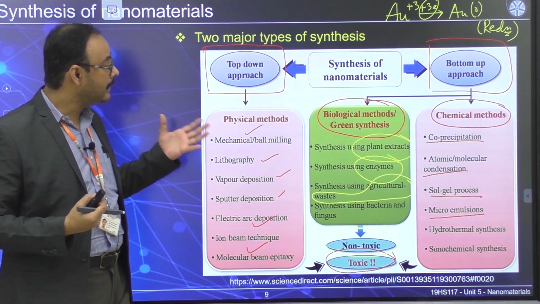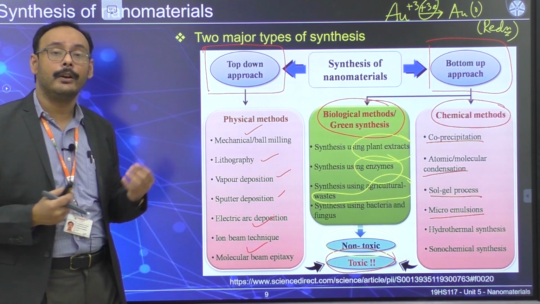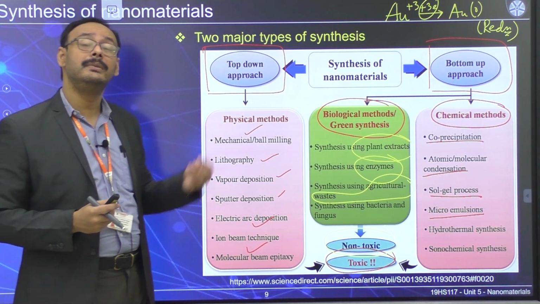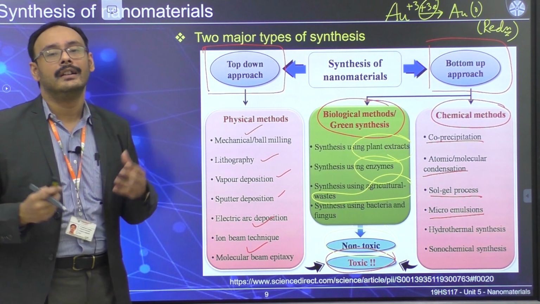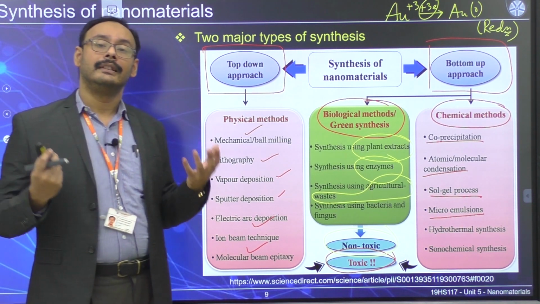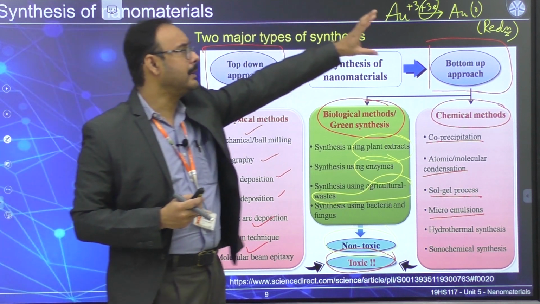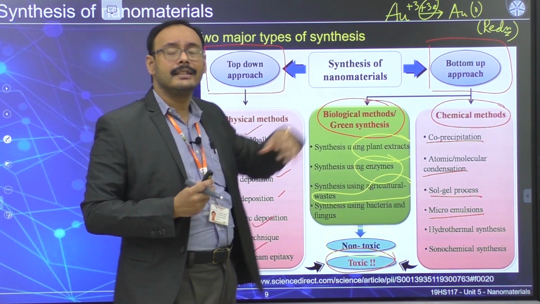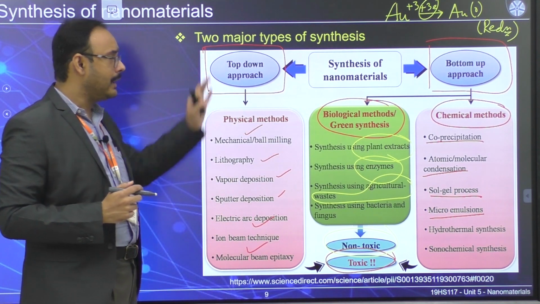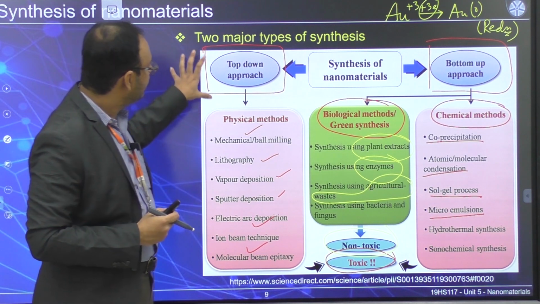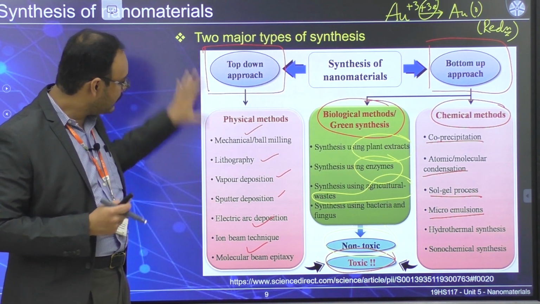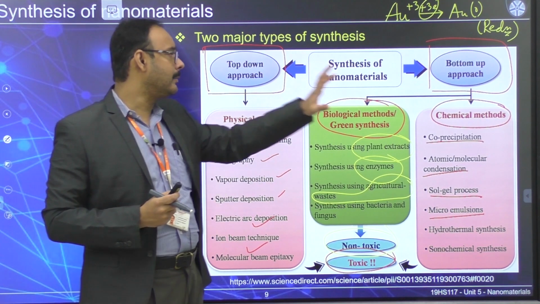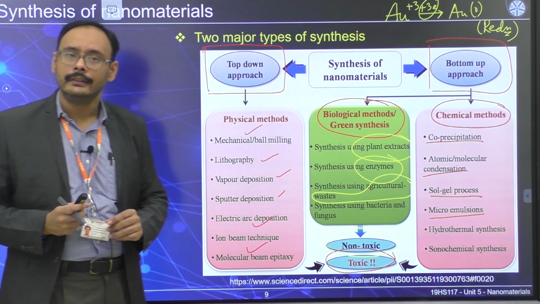Okay, so this is something very unique. Nowadays people are working on this particular topic a lot, because it's also relatively easy to use this kind of source to do the desired nanoparticle synthesis. This is just one example. It doesn't have to be a metal. It could be metal oxide. It could be something else also. We are not going to discuss that in detail. But what I'm trying to say is that once you classify as top-down or bottom-up, you can further classify them according to the synthesis strategies. Okay, so some of them are physical, some of them are chemical, some of them are biological.